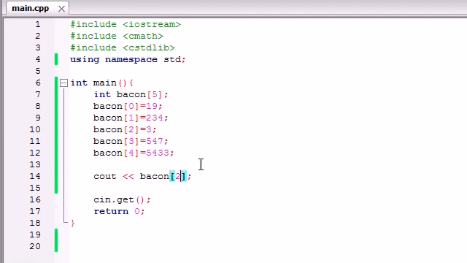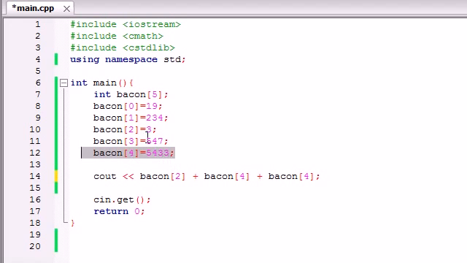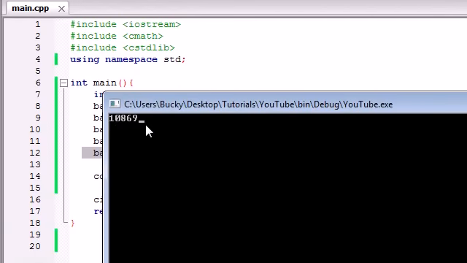You can also use arithmetic to add elements of an array together. So bacon 2 plus bacon 4 plus bacon 4 again. I was going to add this up in my head, but I definitely can't do that. So it's going to add this twice, 4, 4 plus 2. Let's build and run this, and we get this